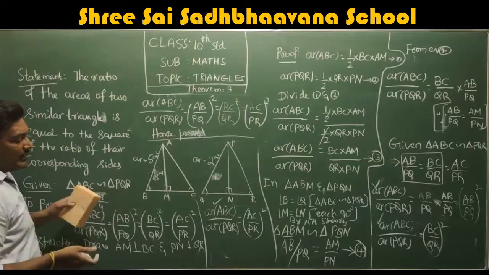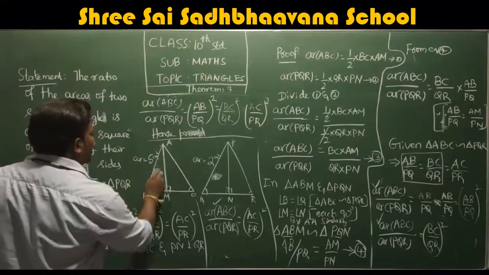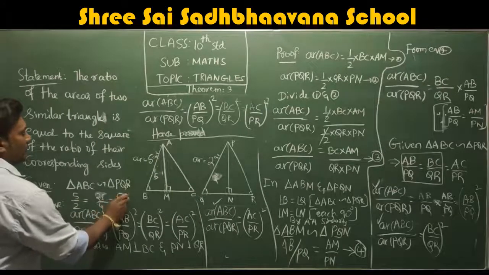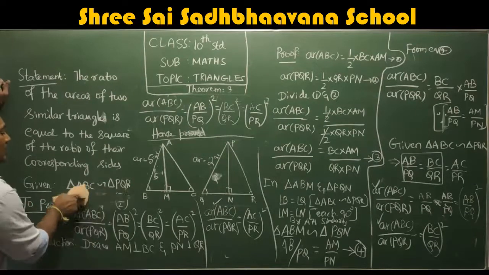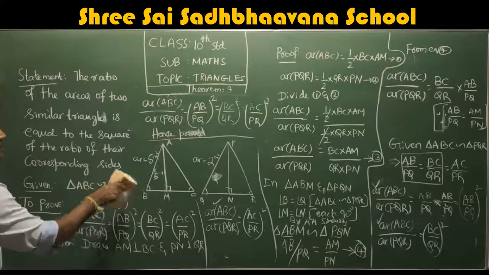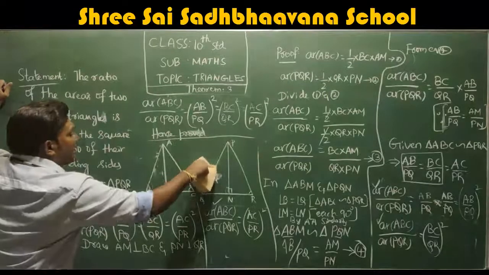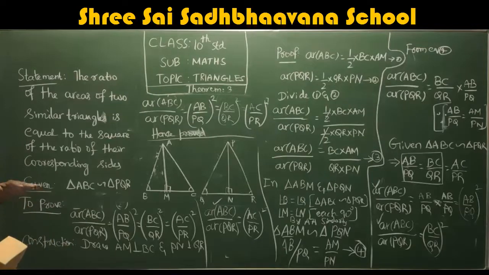It's fine. So AB by PQ, you can take it as 5 itself squared. If you take square of 5 and square of 2, again you will get the same, directly written here. So this can also be written as 5 by 2 whole square. Got it? Just an example I had given. One thing you remember: the ratio of areas of two similar triangles is equal to the square of the ratio of their corresponding sides. Okay, I hope you understood.